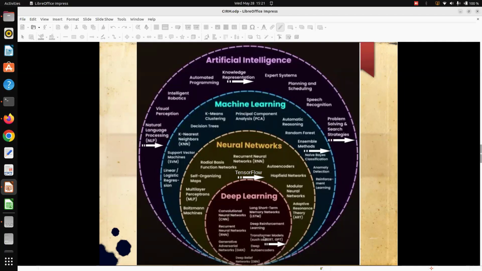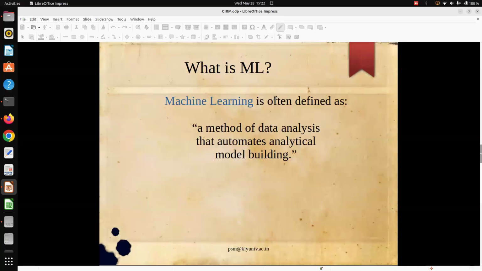These belong to the family of transformer models. It actually comes under deep learning. Deep learning is a tiny subset of neural networks. Neural network is a part of the machine learning process, and machine learning is again a part of, maybe the most important part, but still a part of artificial intelligence. So this is basically the hierarchy.